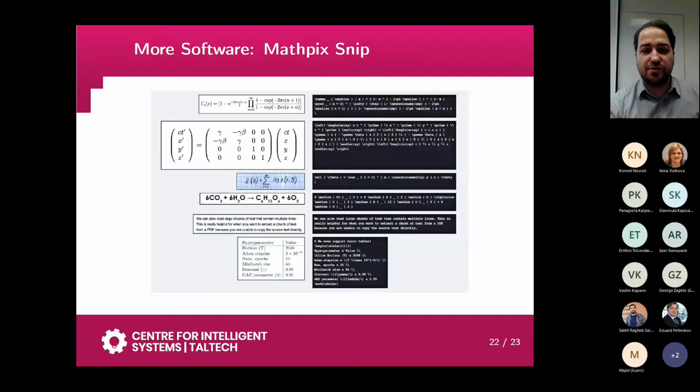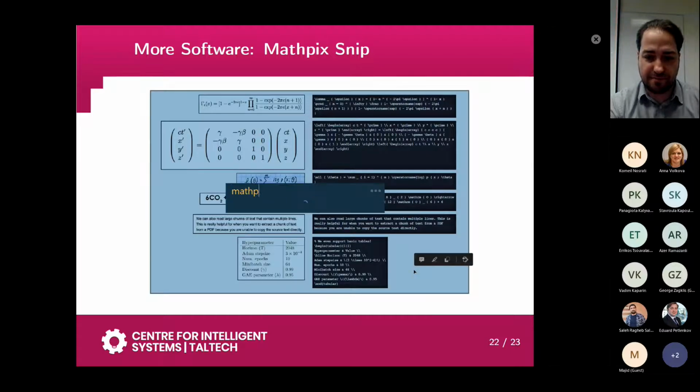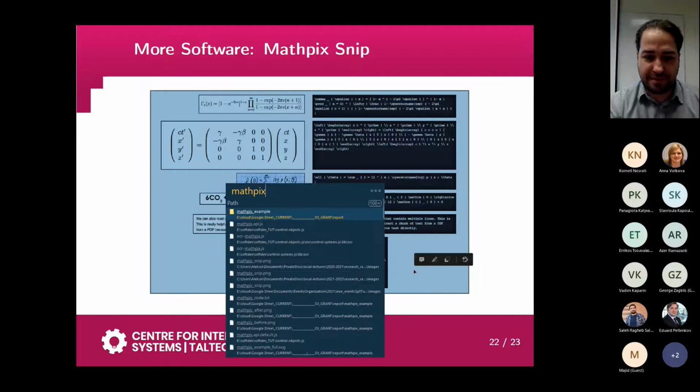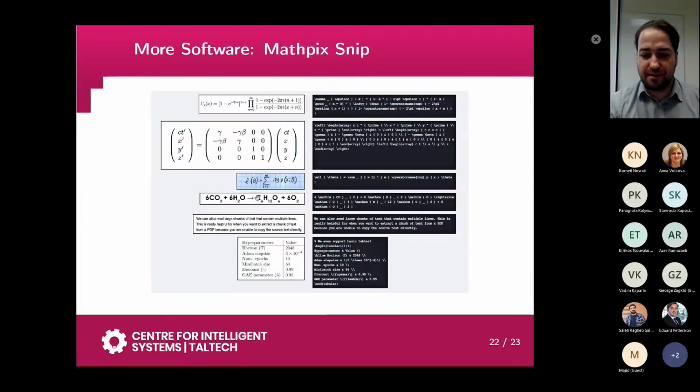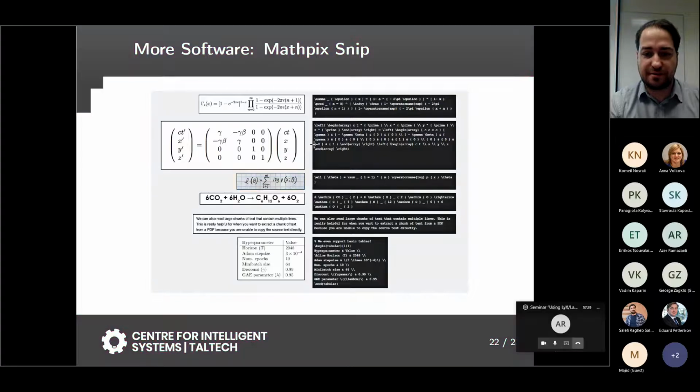We're almost done. So another piece of software that I would recommend if you're working with mathematics is called Mathpix Snip. I'm not sure that it's launched for me right now. Let me see if I press this. Nothing happens. Let me try this again. Okay. So I just want to show you what it does quickly. Now it should be launched, and now if I hit Control-Alt-M,